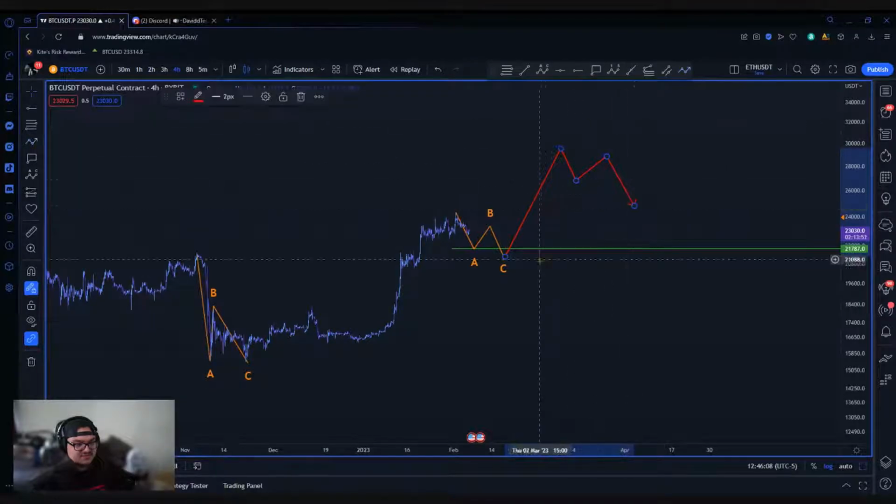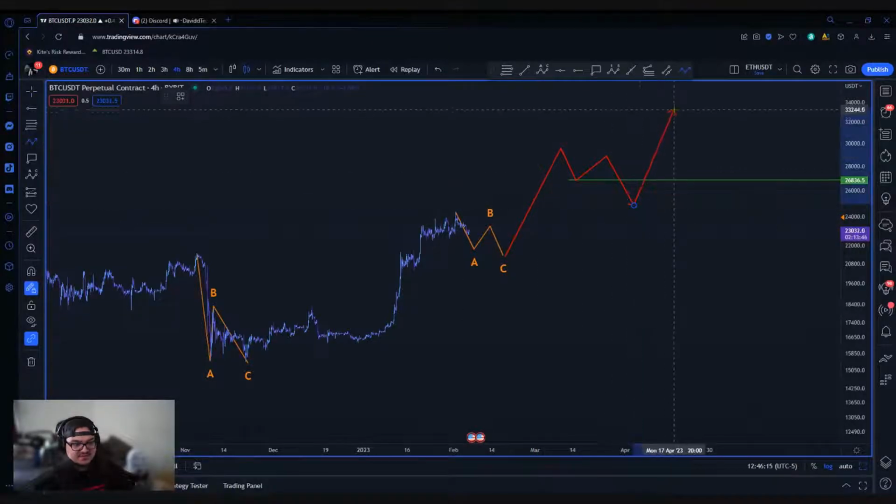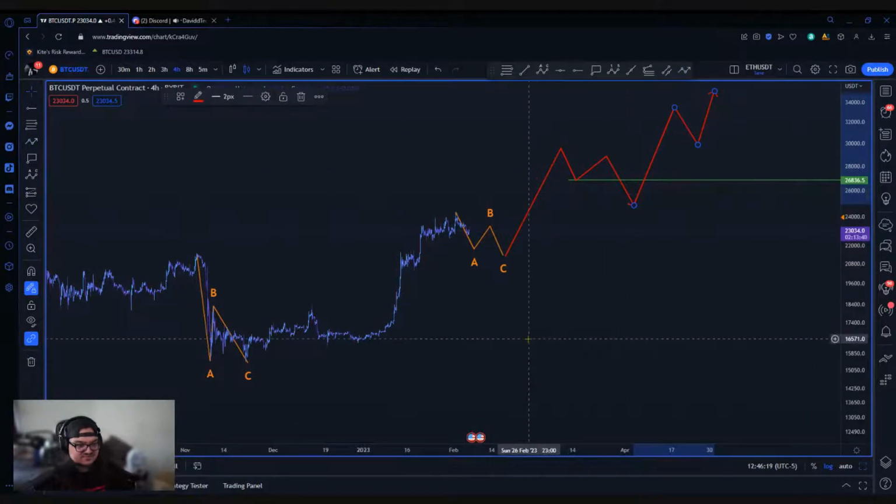Same thing. Hopefully we can get another one. Just as an example, but hopefully we can get a much larger pump and just keep doing that over and over until we just can't anymore. And then also try to play reversals and try to take advantage of a larger potential move. Just in case, like I said from the beginning, we might pump up to 35K, 36K, and then continue down lower.